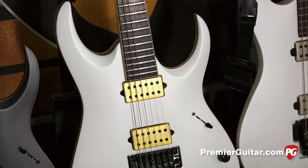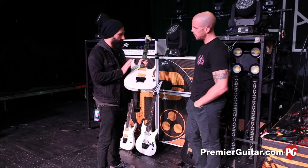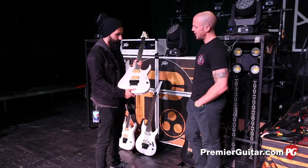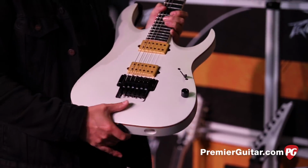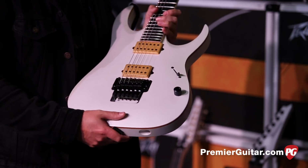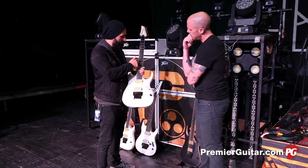I actually use this one every night, and I've been playing a lot of the drop A stuff on it. It's an alder body. Oh wait, no. I think this prototype is basswood, but it could be alder because I remember there was a bit of confusion on what this was. But I'm going with alder. So they're aesthetically the same, pickups, a fixed bridge, and I believe that this is a painted